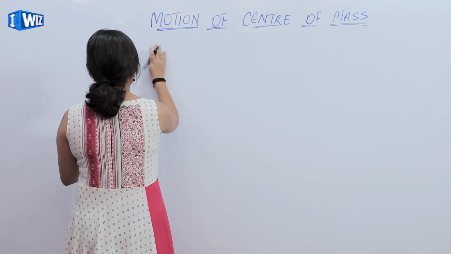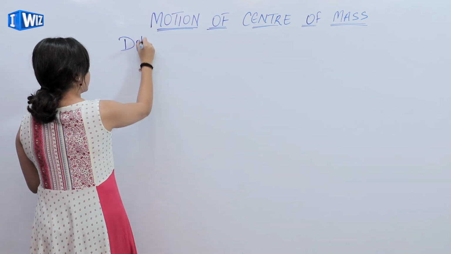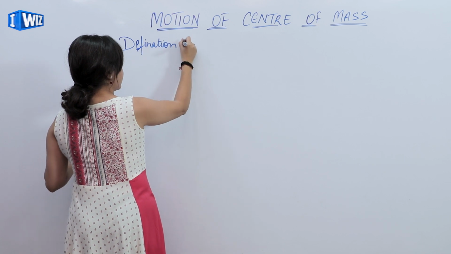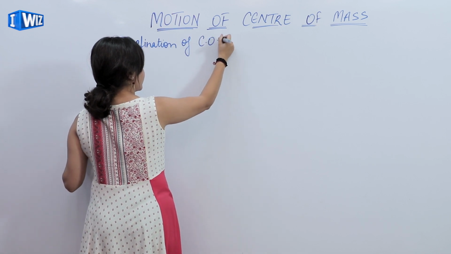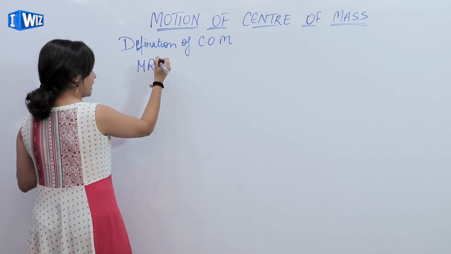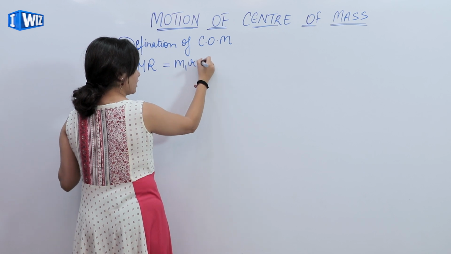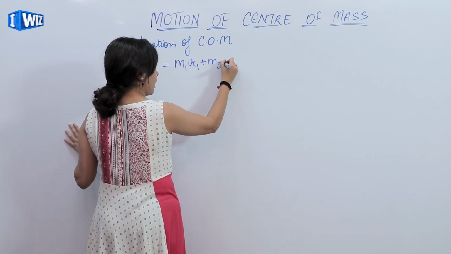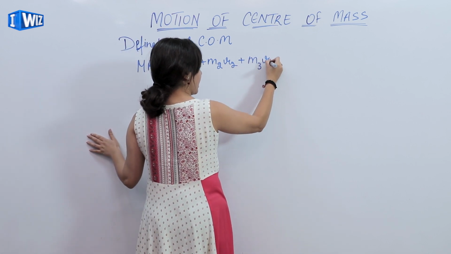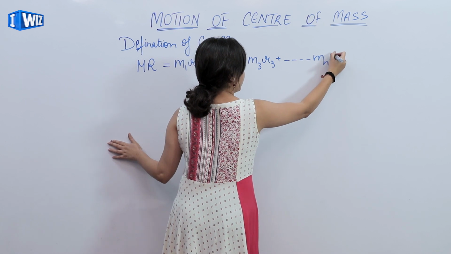So now, from the definition of center of mass, M r is equals to m1 r1 plus m2 r2 plus m3 r3 plus up to so on